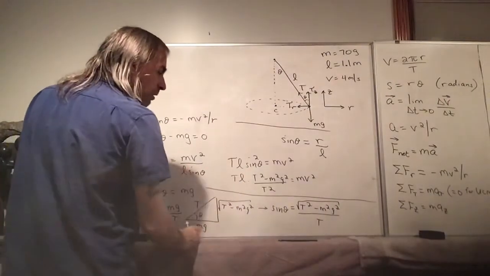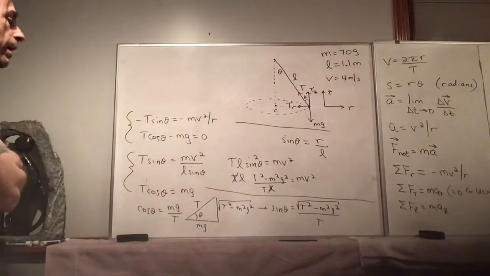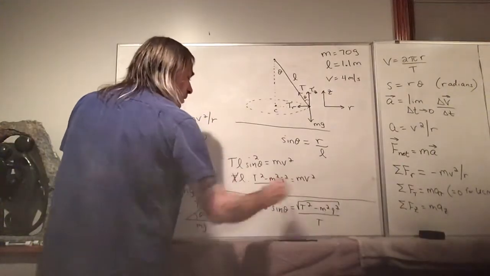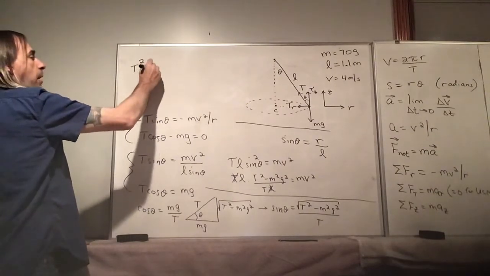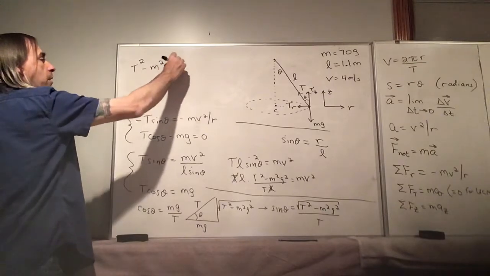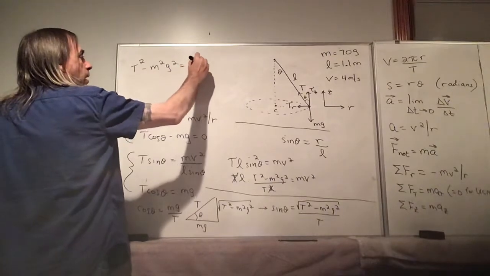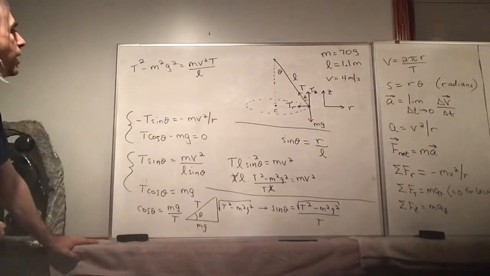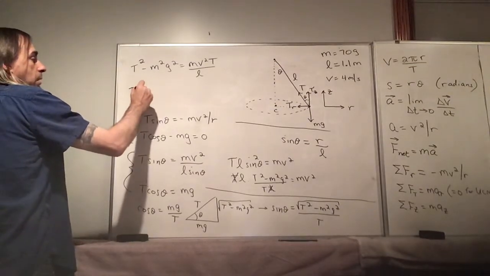Let's work with this. We can cancel out one of the T's. So let's move this T over here and divide by L. What we have is T squared minus m squared g squared equals mv squared T over L. Now it looks like we have a quadratic equation. So yeah, this is definitely a nightmare. We can do it, but